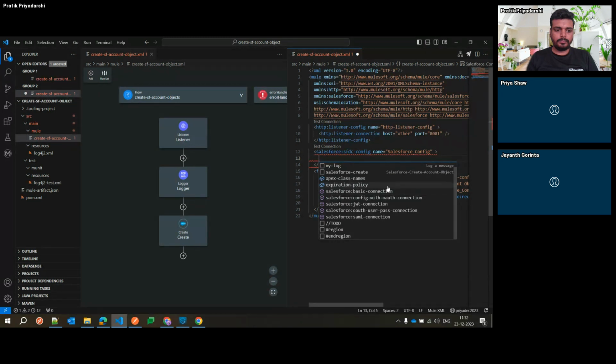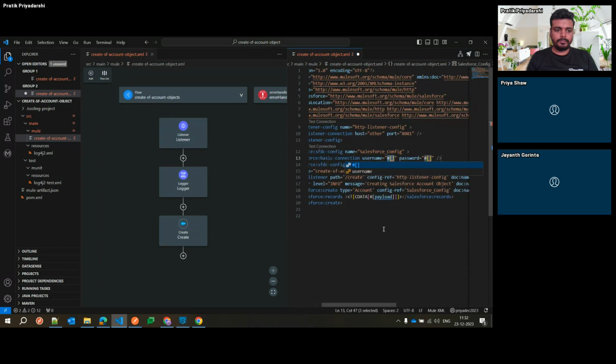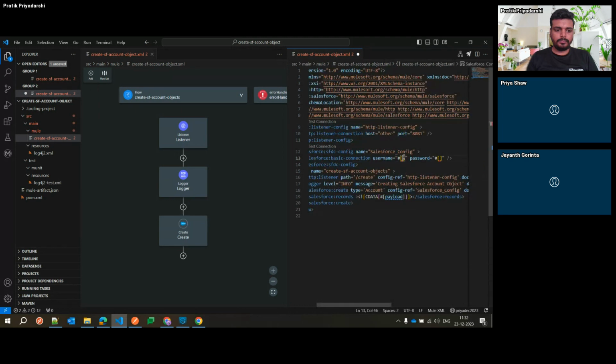configuration I need to do, like basic connection, config with OAuth connection, JWT connection, OAuth user password connection, or a SAML connection. So for this use case, I'm going with a basic connection. Here in the username, I'll make it like dollar, and then I've already kept my secure property, so I'll just do secure, and then